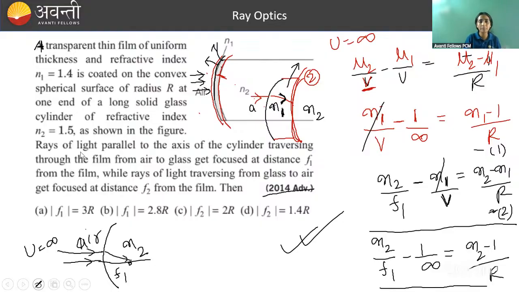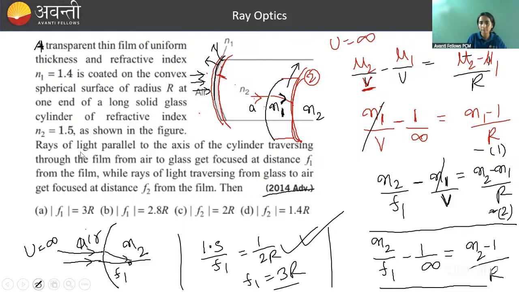डन है, सो सिंपल, दो equation हमने लिखा क्योंकि हम randomly ऐसे rule out नहीं कर सकते, we need to write and then check. So this thin film is not at all playing any role, and now you calculate this f1. अगर आप f1 यहाँ से निकालते हो, what you will be getting, बताओ, N2 is 1.5, so 1.5 by f1 is equal to N2 minus 1, that is 1 by 2R, so f1 is equal to 1.5 into 2R, that is 3R। ठीक है,